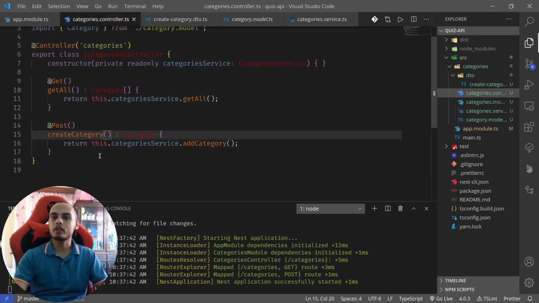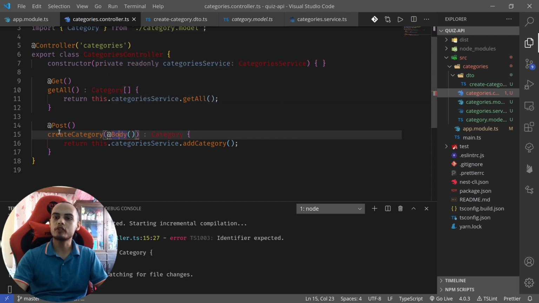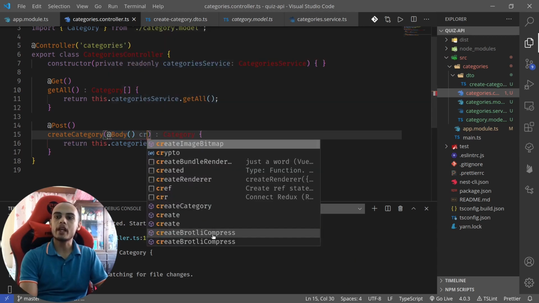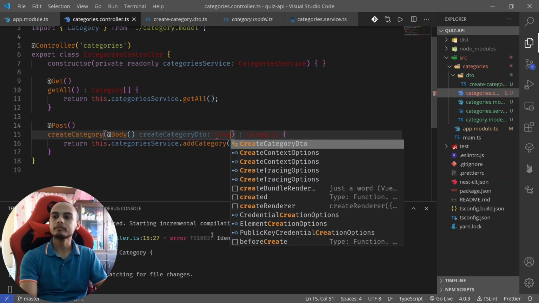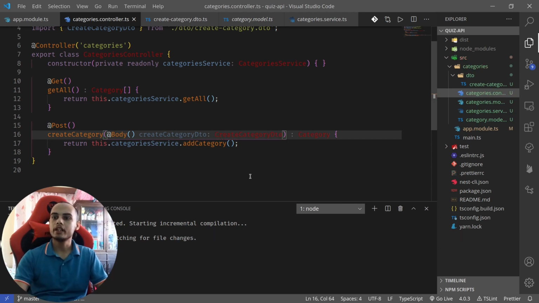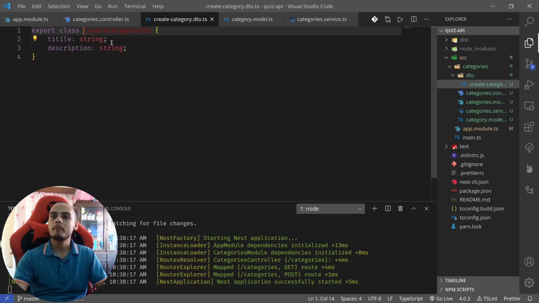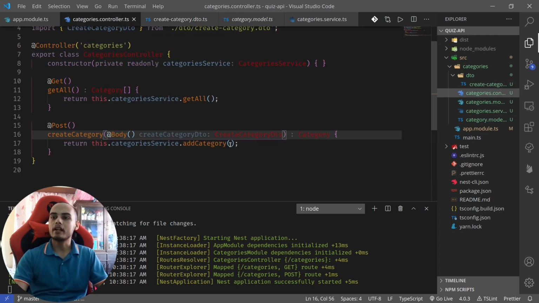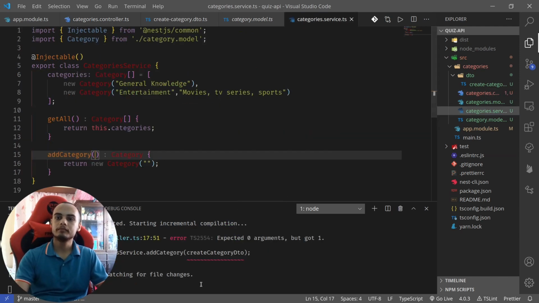Then in controller we have something called @Body decorator. So this body will provide us with the request body, and here this will be our body of type CreateCategoryDTO. So this expects that the body we send in this post route should match this parameter. Okay, and we'll simply pass this to our service,